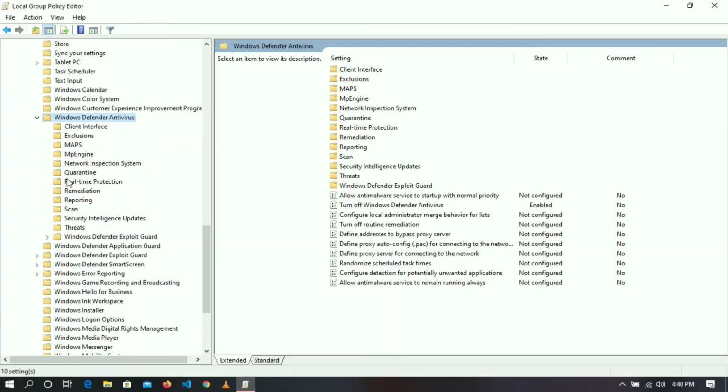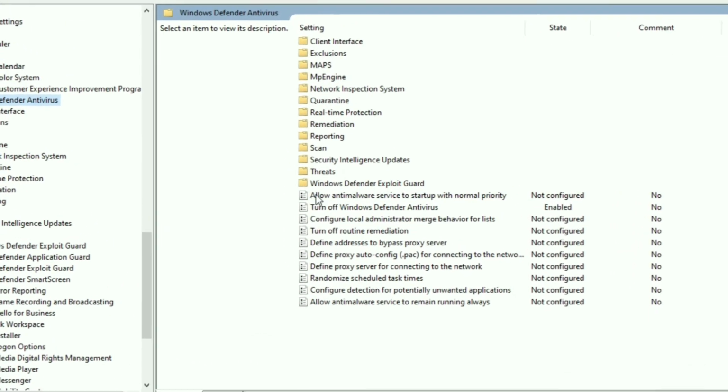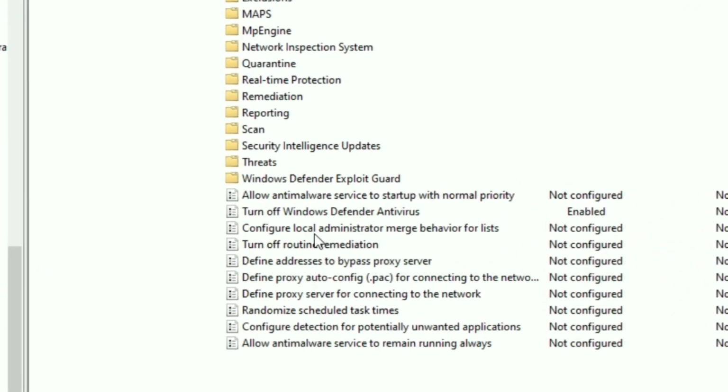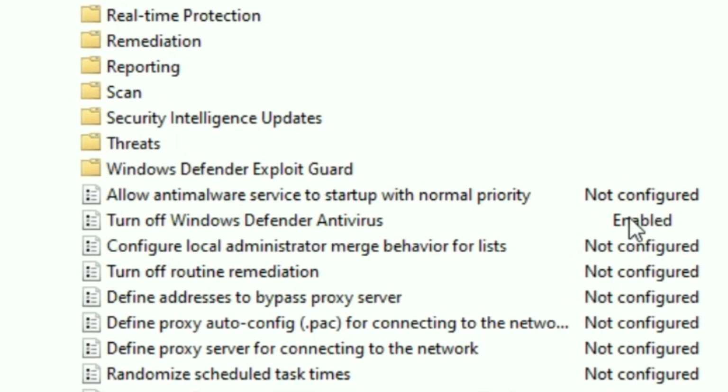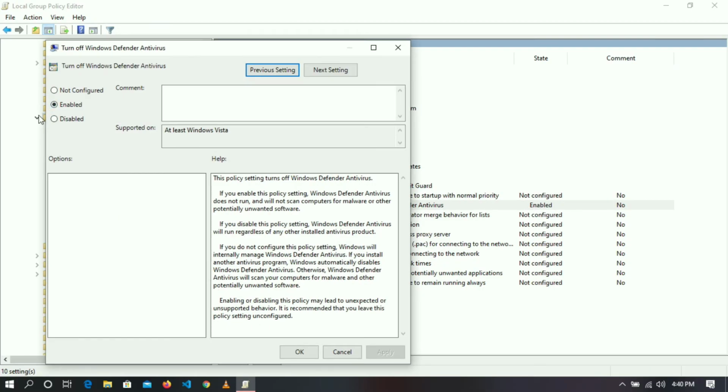After double clicking, this settings window will appear. So here you have to look for the turn off Windows Defender antivirus. I have already enabled it, but for the sake of the video, it will be